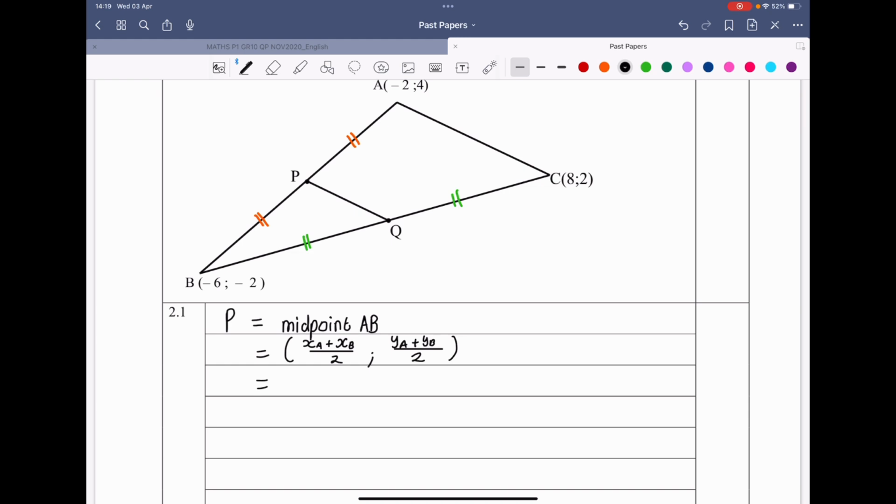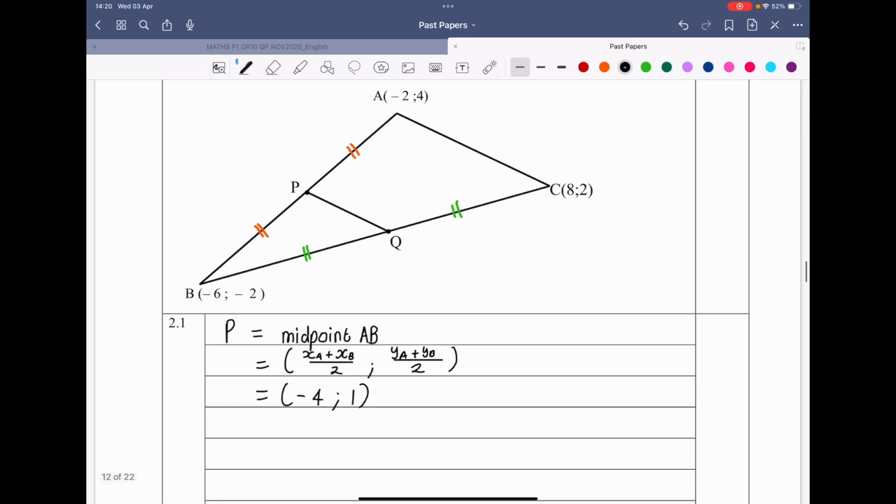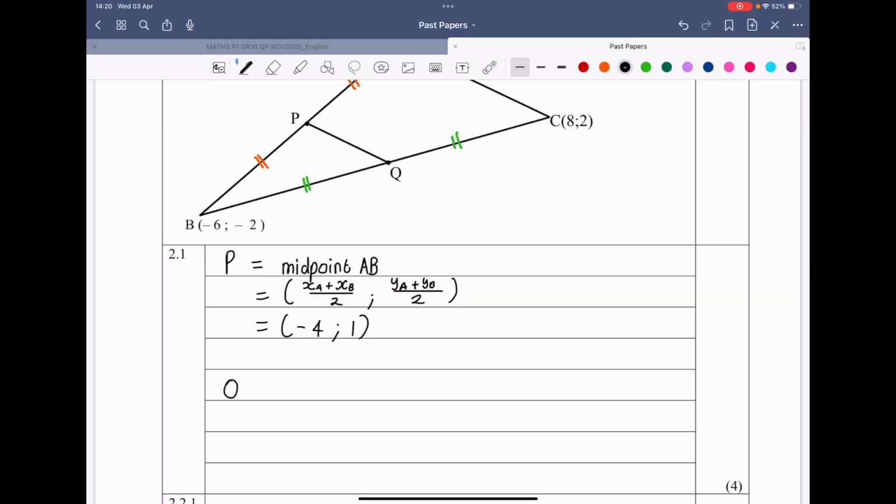Right, so xa is -2, xb is -6, added together is -8, and divided by 2 is -4. And then ya is 4 and yb is -2. If I add them together, I get 2 divided by 2 is 1. And I can do a similar thing for Q, so that's the midpoint of BC,